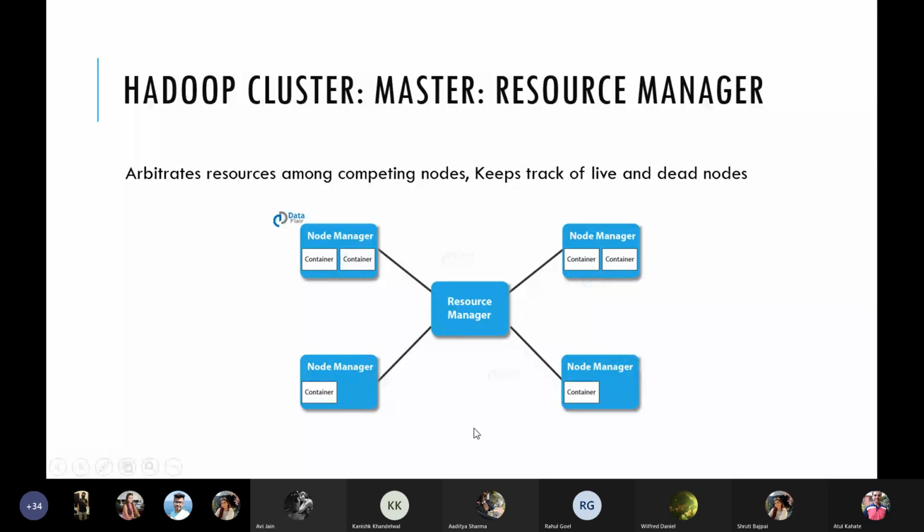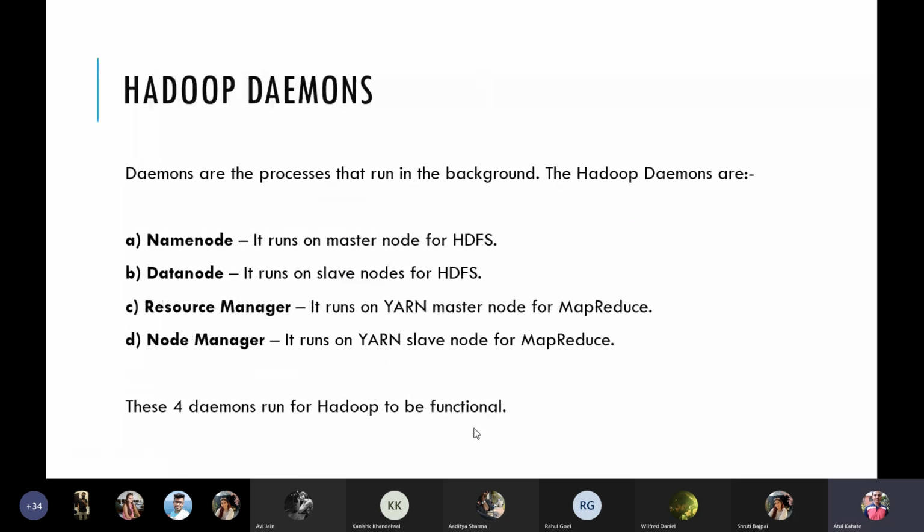Okay, so this is how these four processes, name node, data node, resource manager, and node manager, work with each other in order to accomplish a task. And as we've seen, this is also why if any of these is not starting but failing, Hadoop doesn't function as expected.